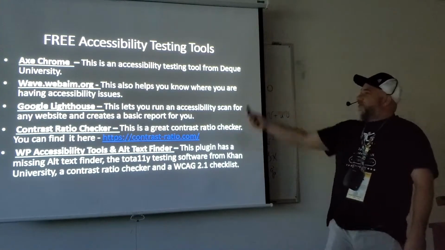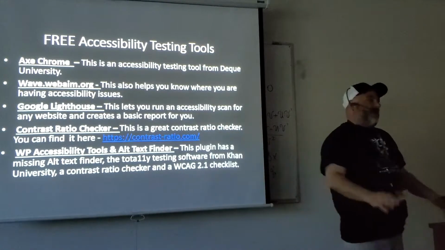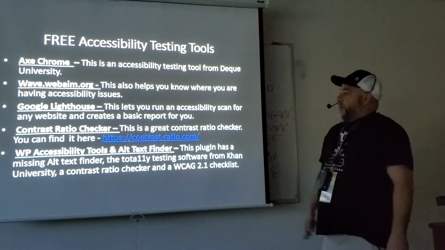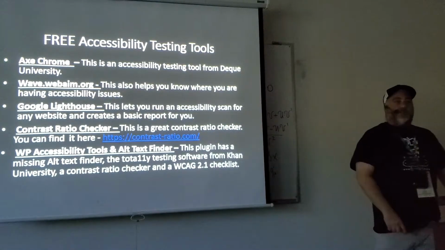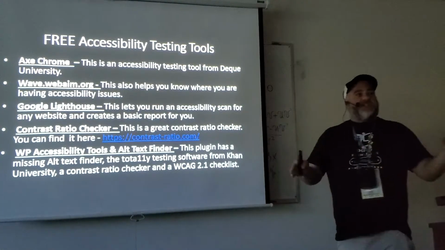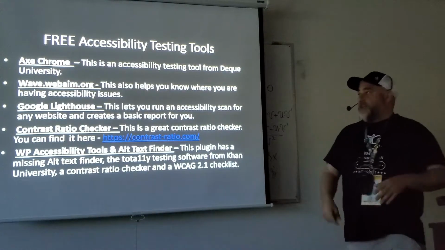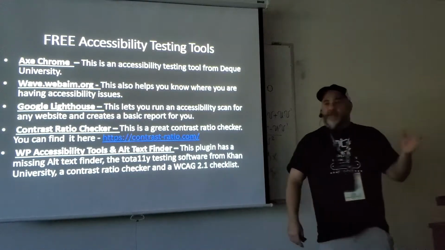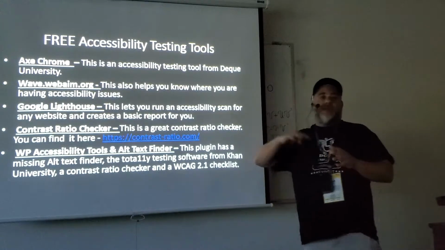Okay, here we go. Here's some free accessibility testing tools. Everything I'm offering you here is completely free, not freemium, nothing. These three right here, when you're testing sites, you're going to use. There's automated tools, but there's no such thing as a silver bullet, an automated tool that's going to give you everything that you need. And the fact is, most of them suck, give you tons of false positives, don't catch a lot of the stuff, and so you got to come in and do all your manual testing.